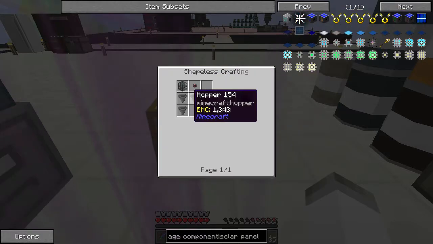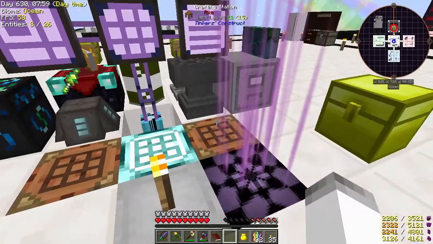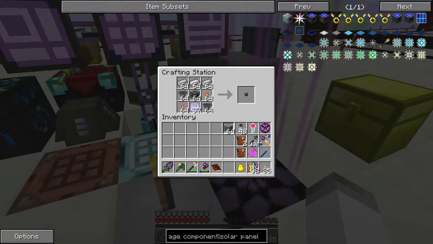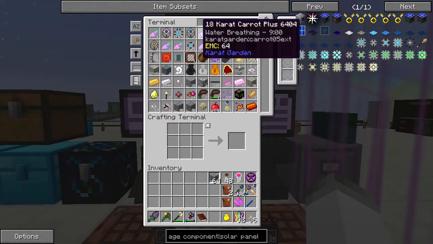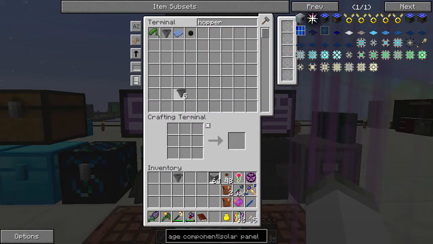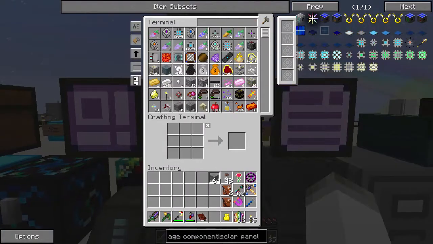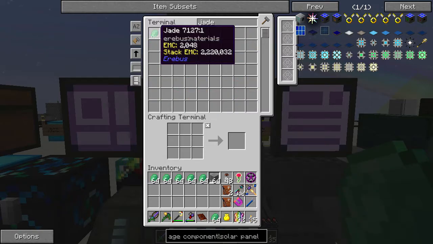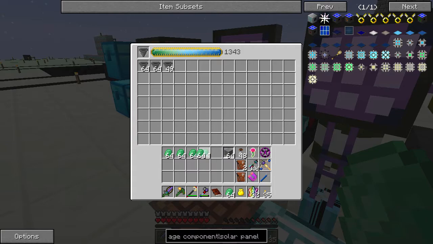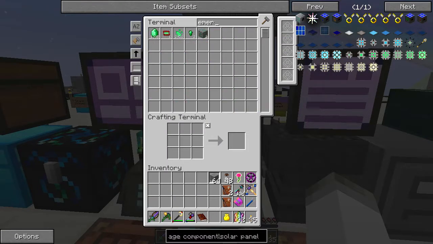Now to actually get this, we're going to need 3 more stacks of hoppers. So that is a lot. That's a lot of hoppers. So we're gonna need to, honestly, just let this run for a bit. Let's see, we have a bunch of jade. Jade is pretty good for making more. We can also get more emeralds. Plenty of